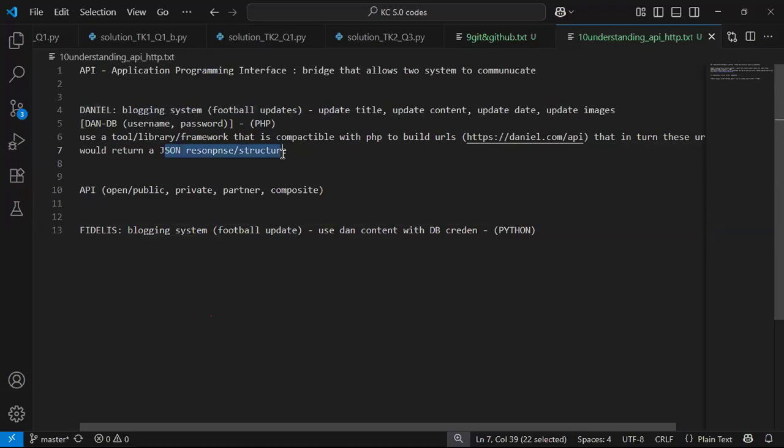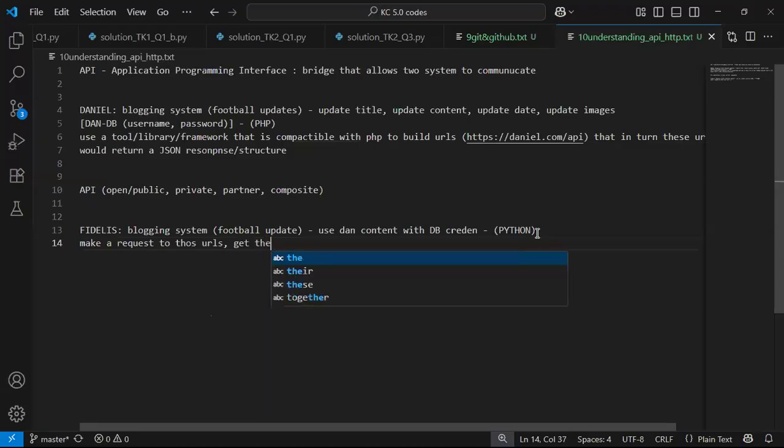And then what does Mr. Fidelis now need to do? Mr. Fidelis, on the other hand, needs to make a request to those URLs and get the JSON structures, right? Remember, these URLs are returning a